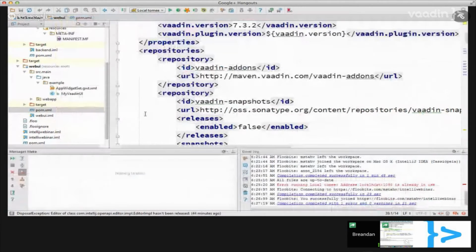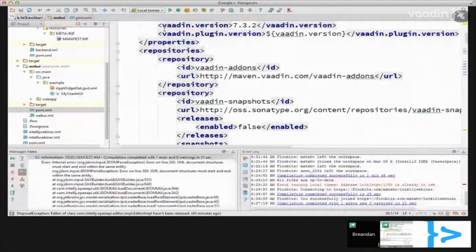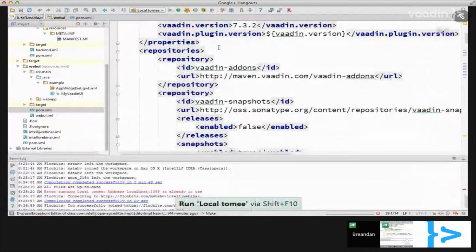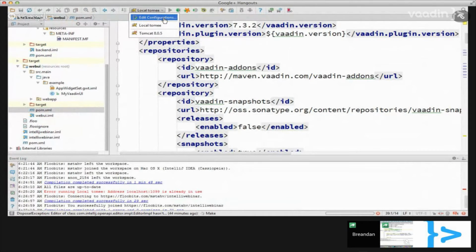But it seemed to compile correctly for me, Matti. So maybe that was something to do with it. It seemed to run fine for me when I ran the configuration. So let's see. I'll try that one more time. Maybe we could just skip this deployment stuff now and get to actually combining this backend project to our